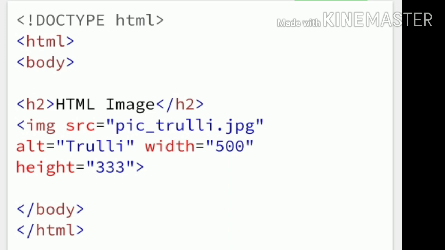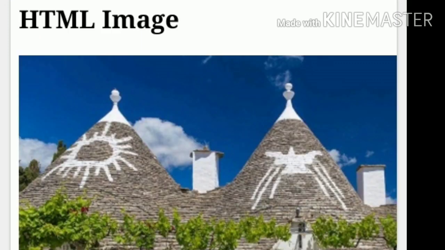This is the general example of any HTML image tag. See the output of that HTML image tag. That pic_trulli.jpg is the image name.